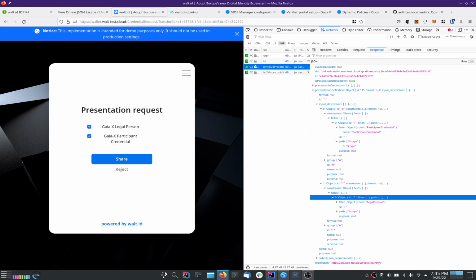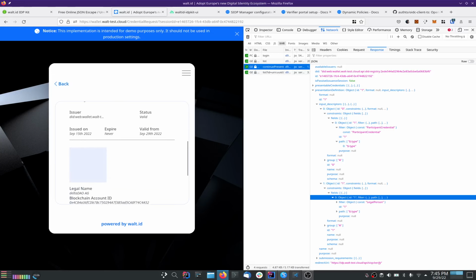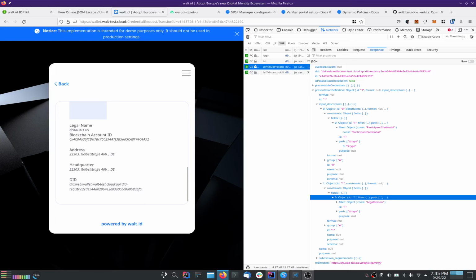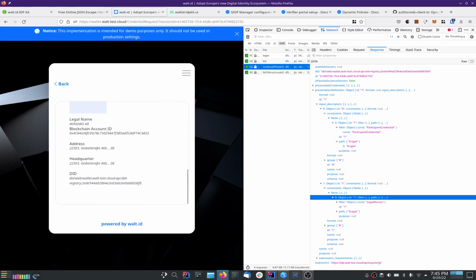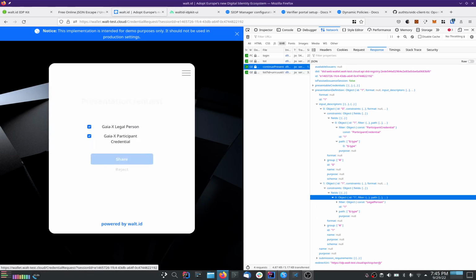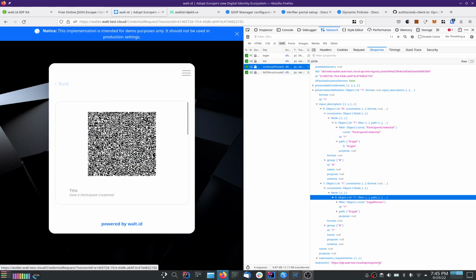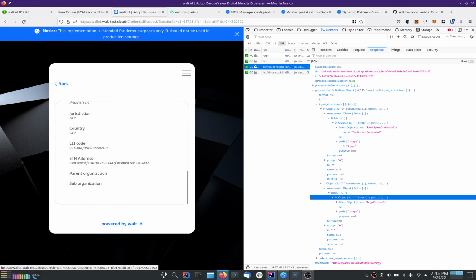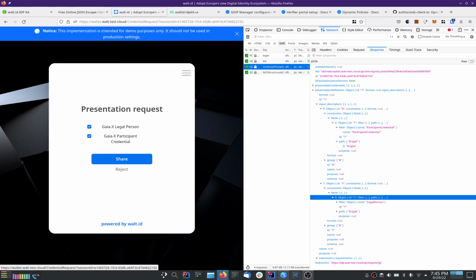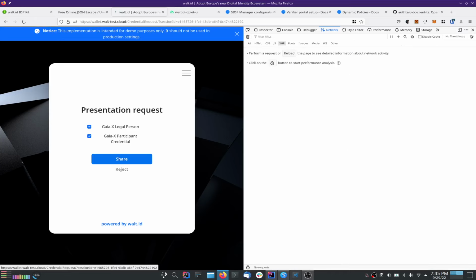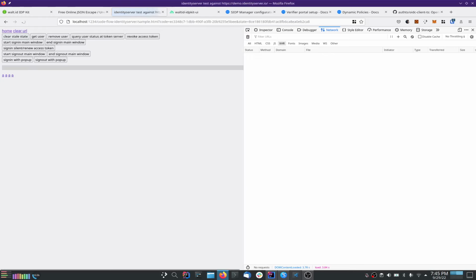And here in my wallet, I have two credentials issued to my web did web, namely number one, the legal person credential, and number two, the participant credential. And both of those credentials will be shared with the IDP kit now. And if everything goes well,